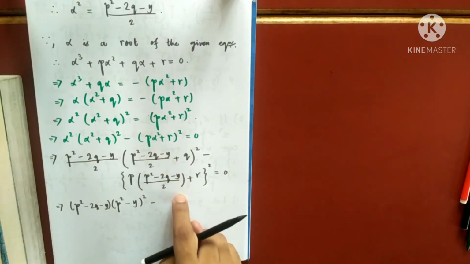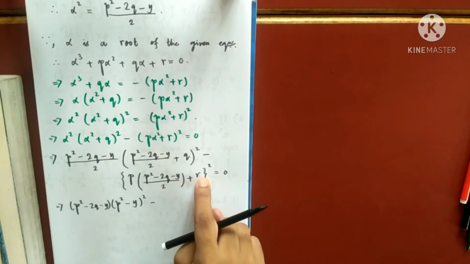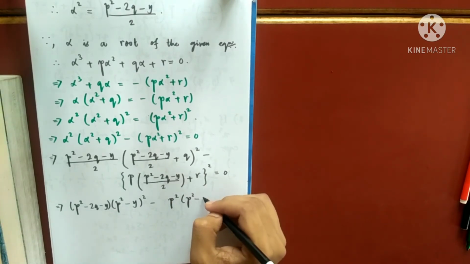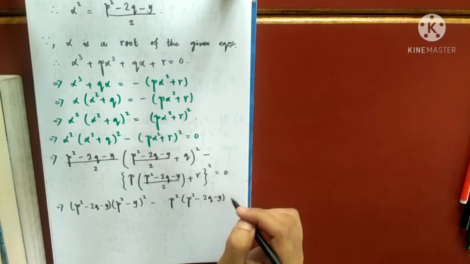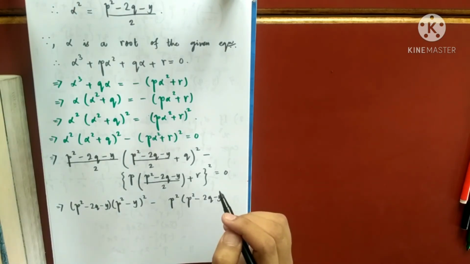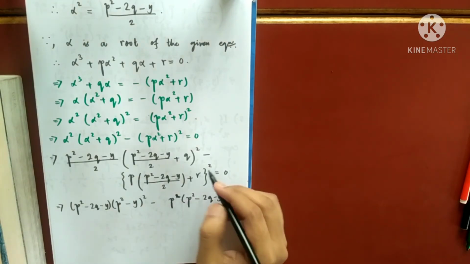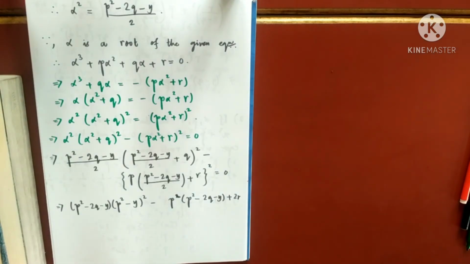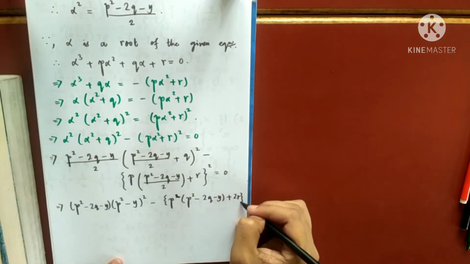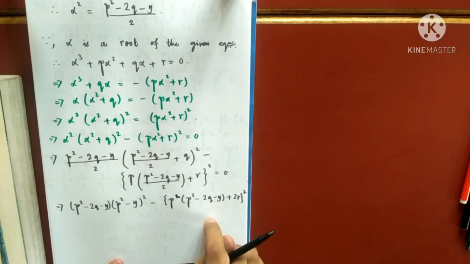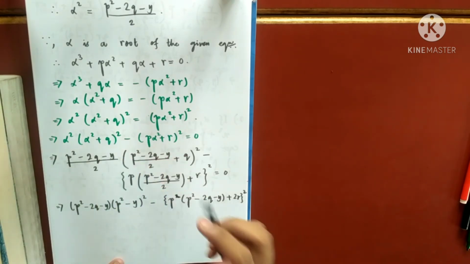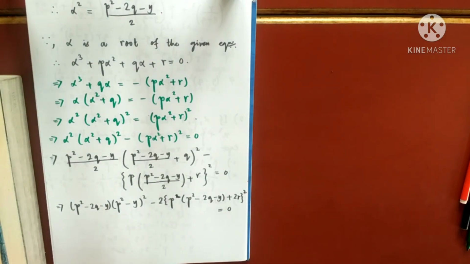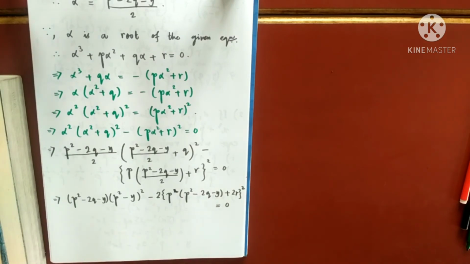So here it is by 4, that is for sure, because if I take LCM here, this is nothing but p square minus 2q minus y p square, okay, no, I'm not opening the square now, p into this plus 2r whole square, so by 4, and here it was by 8, so if I'm taking LCM, 2 will come here, this is equals to 0, right? Yes, this is the transform equation.